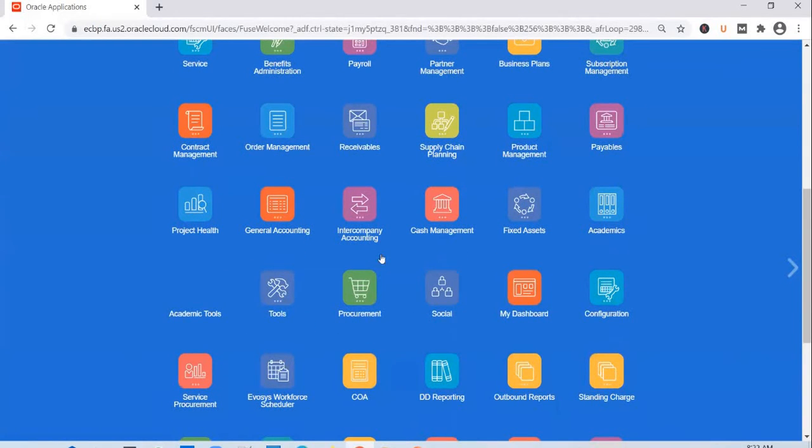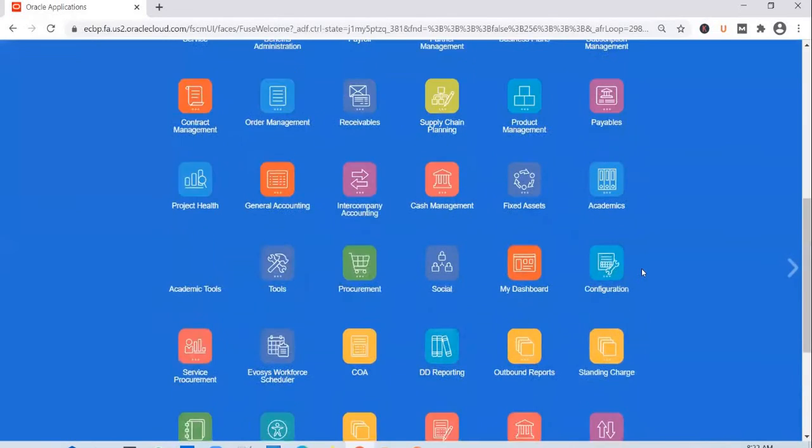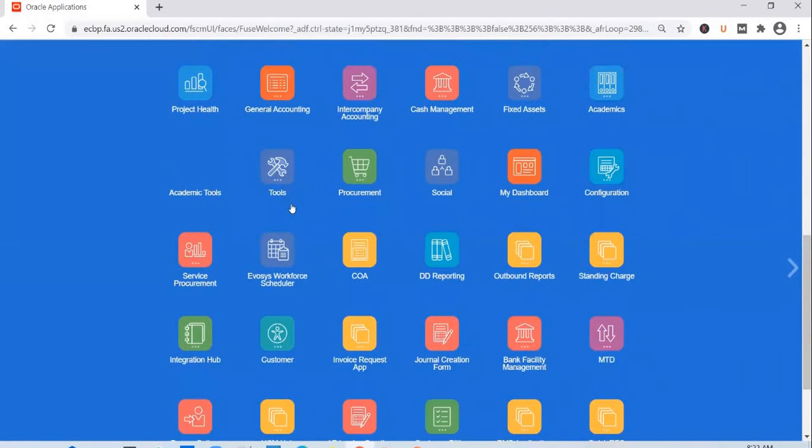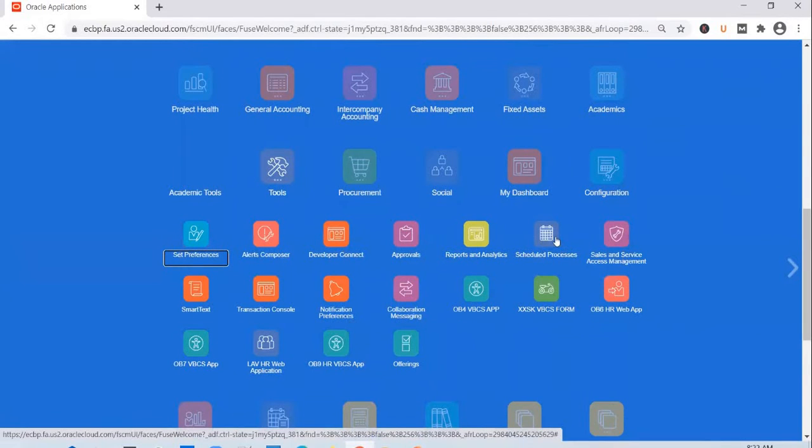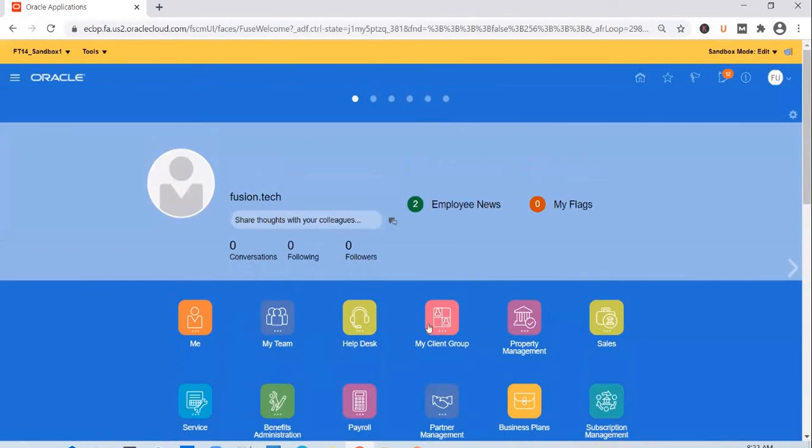So if I want to just go to schedule process screen, I don't need to click on this arrow mark 4 or 5 times, which I had to do in a newsfeed homepage layout. In the banner layout, I just scroll down, click on tools, and I can click on schedule process or any other option, any other work area that I want to go to. This is one of the biggest advantages with a newsfeed homepage layout. Sorry, a banner layout. So we've made this change now.